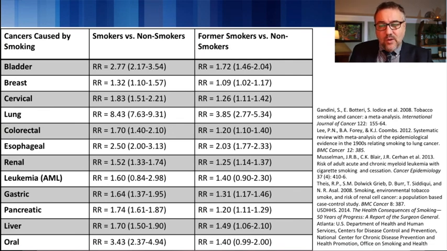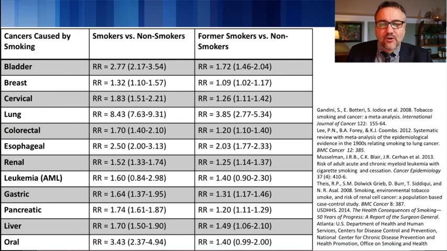When a person quits smoking, that relative risk comes down. This is looking at former smokers versus non-smokers, and it comes down from about 2.7 to 1.7, looking at 2 years after quitting. So we see a reduction in all of these, and for most of these, we see that within the first 2 years the risk of cancer is about cut in half. That's kind of a ballpark zone.